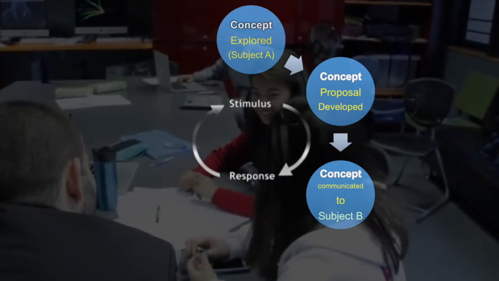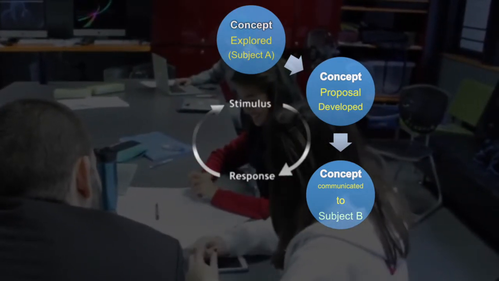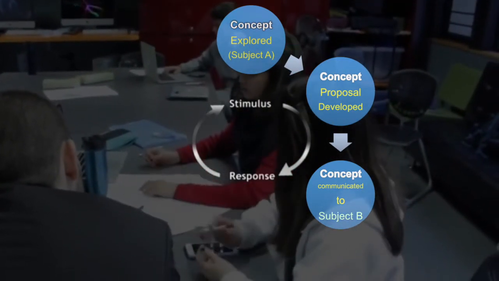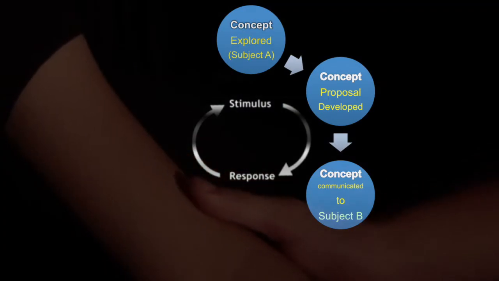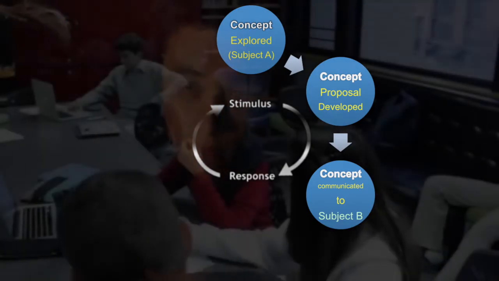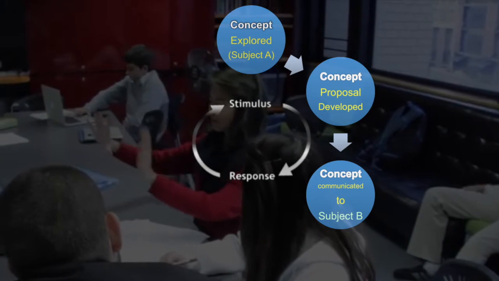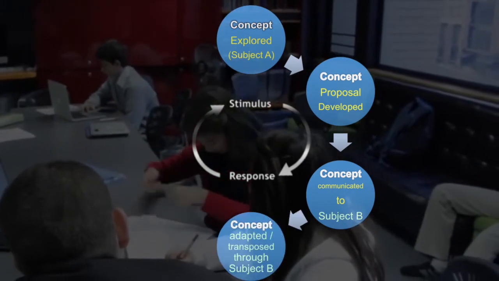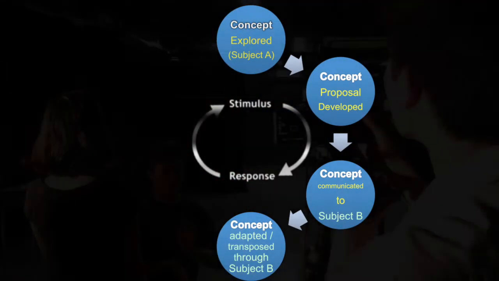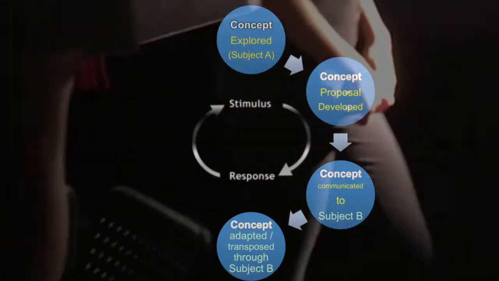And here the space between the different subject specialist classes is a good thing. Just as it is important that the literature students are presenting a proposal for an adaptation rooted in literature specialist knowledge, they're not infringing on the role of the film student in finding their specialist language, film language, to express this same conceptual understanding. 4. The concept is adapted or transposed through Subject B's modality. Here, the film students develop their chosen adaptation of Lear into a short film.